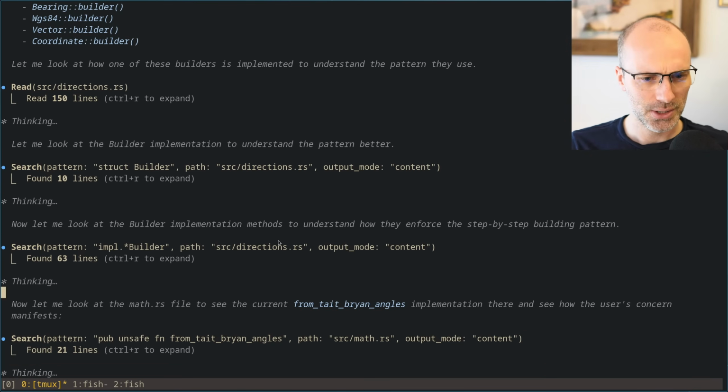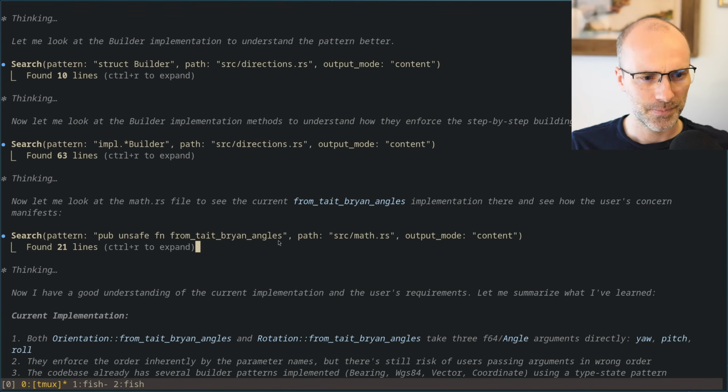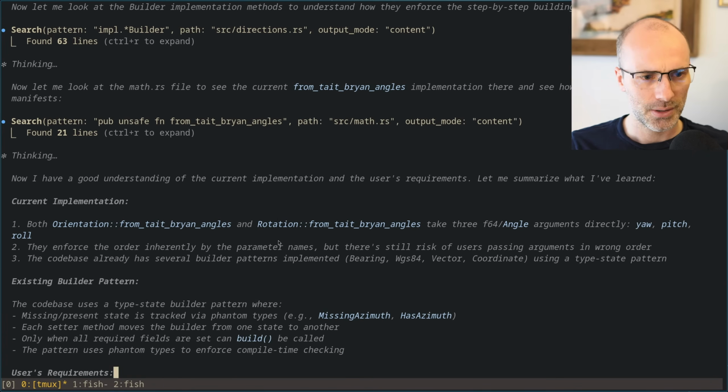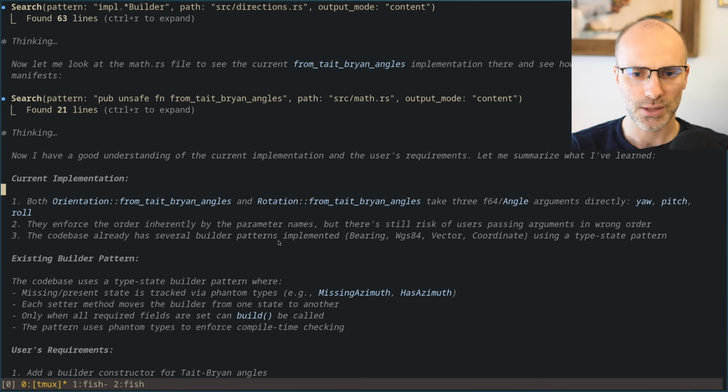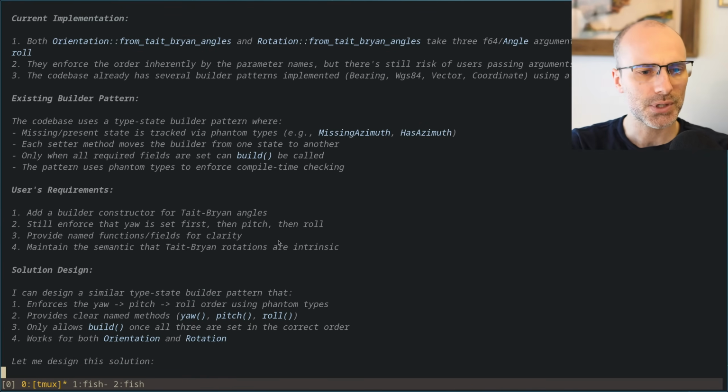Okay, good. Orientation from Tate-Bryant angles and rotation from Tate-Bryant angles take 3 F64 angle arguments directly. Yep, that's fine. Uses a type state builder pattern.